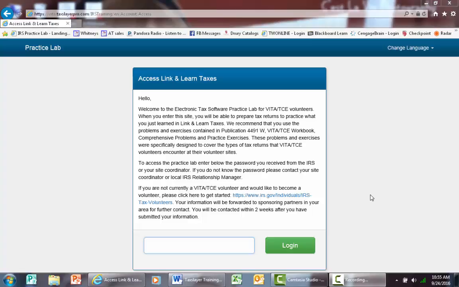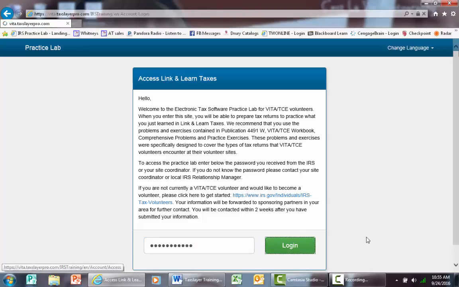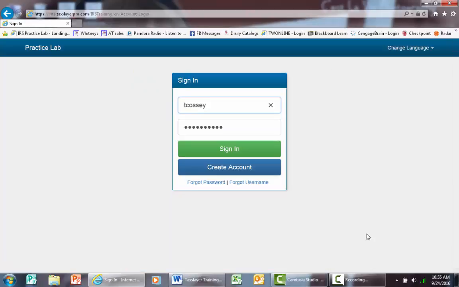This just gets you into the training area. This doesn't actually get you into the software itself. The password is train, all caps, Pro Web. Once you type that in, hit login, and then it's going to take you into another place for you to log in,